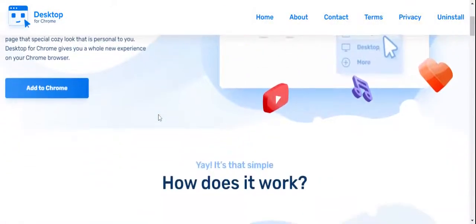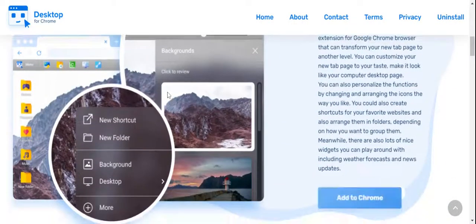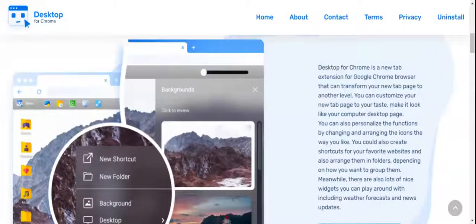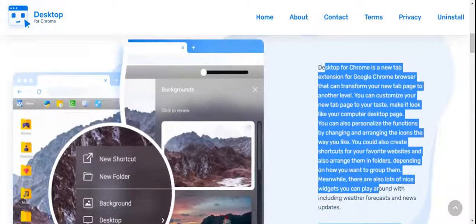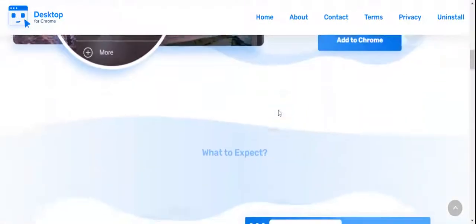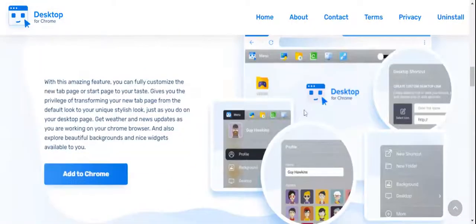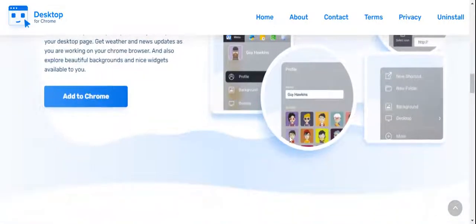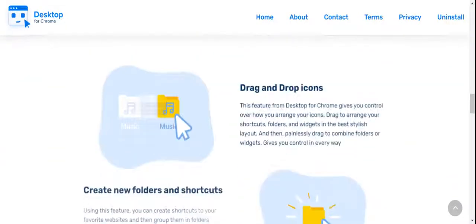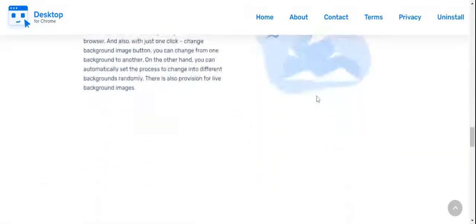So this is the home page for Desktop for Chrome. It contains the details of every item, every shortcut, for how it is to be done, how it is to be used. So for new users like me, once you read these details, we will be able to figure out how this extension is going to help us in future. This page is quite responsive, and it is beautifully developed with Ajax controls. In technical terms, we say Ajax controls for responsive web pages. So it has several options and FAQs over here.